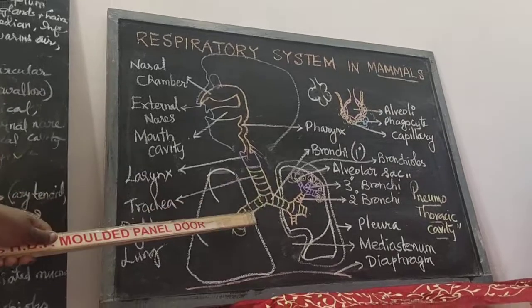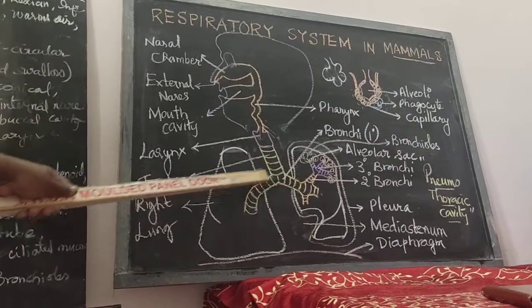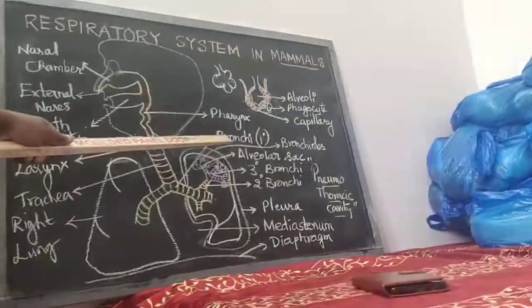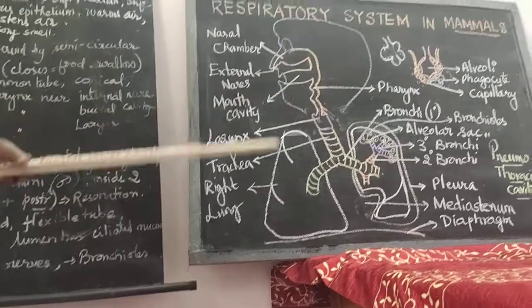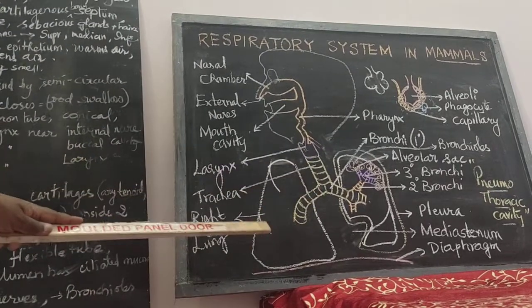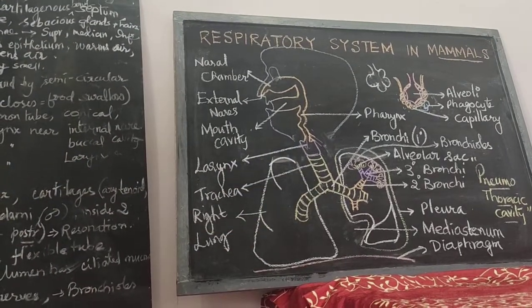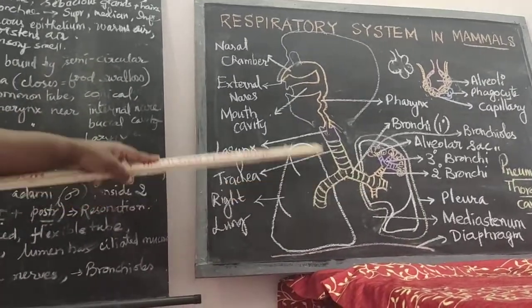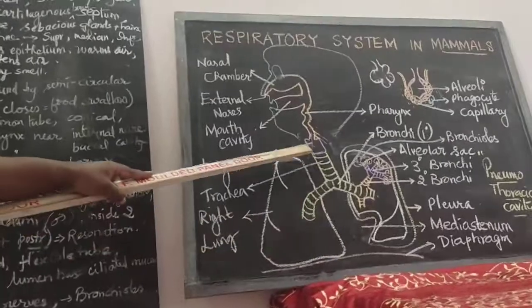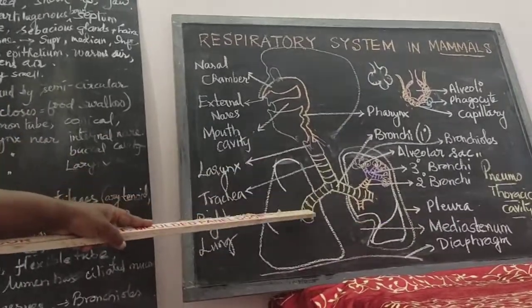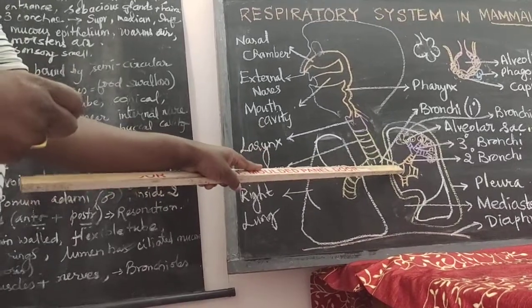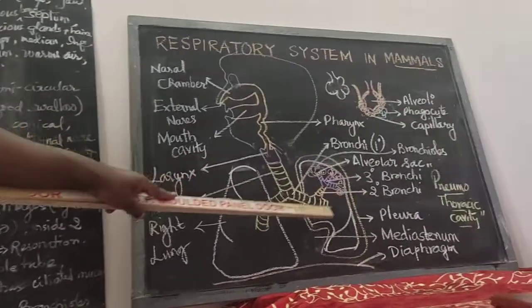Now the trachea will lead down into two bifurcated narrow tubes called primary bronchi. These primary bronchi have C-shaped rings over them. They are very narrow in nature. The two bronchi each make their entry into the lungs. The one which enters the right lung is called the right primary bronchus. The one which enters the left lung is called the left primary bronchus.